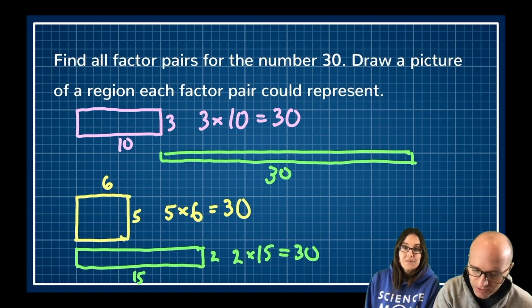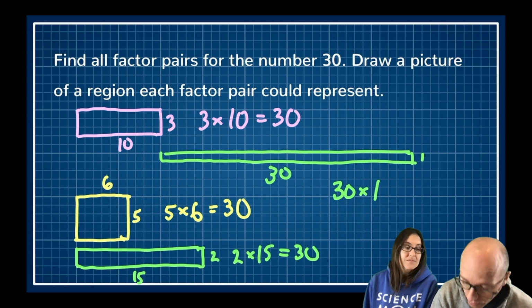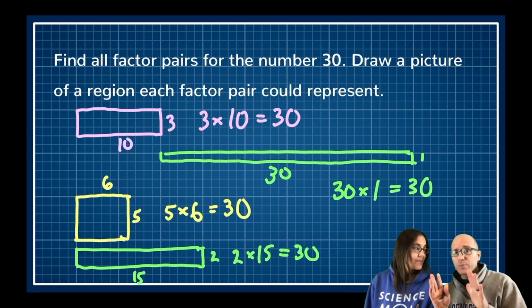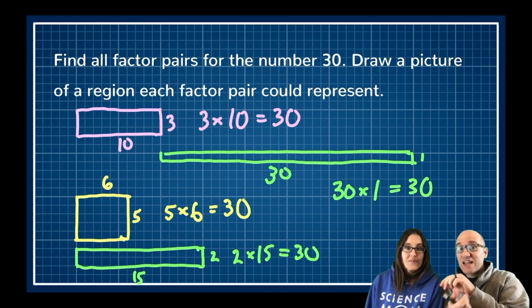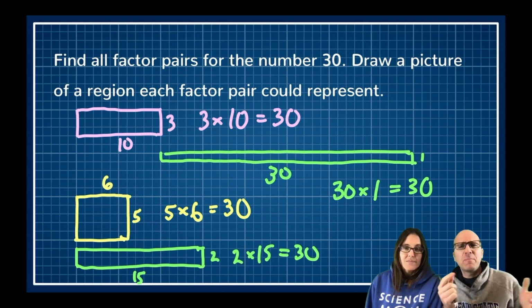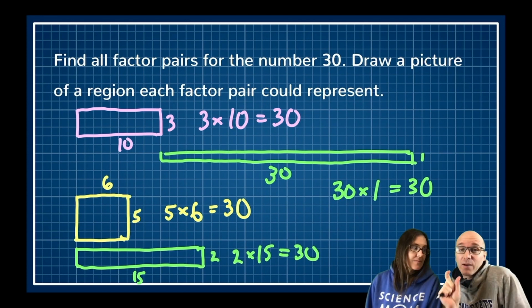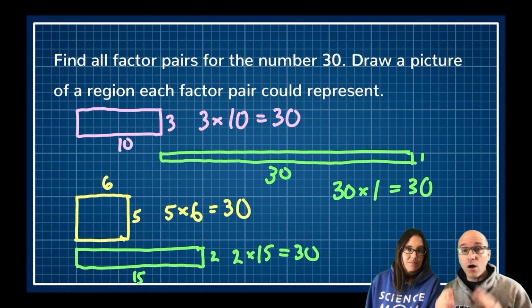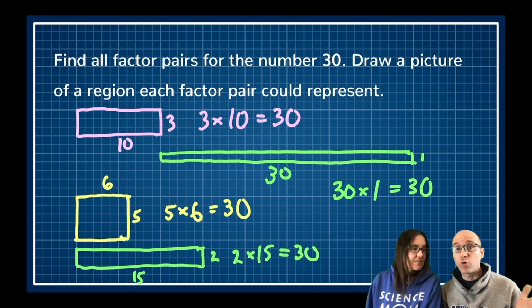That's right. It measures 30 by 1, and it turns out that 1 times 30 is 30. And also, that brings up a good point. 3 times 10 versus 10 times 3. We could say, okay, that's the same rectangle. We found the pair, and sometimes we might care about the order, and sometimes we might not. But I'd say for now, we've certainly found the right way of getting all the possible factor pairs for 30.